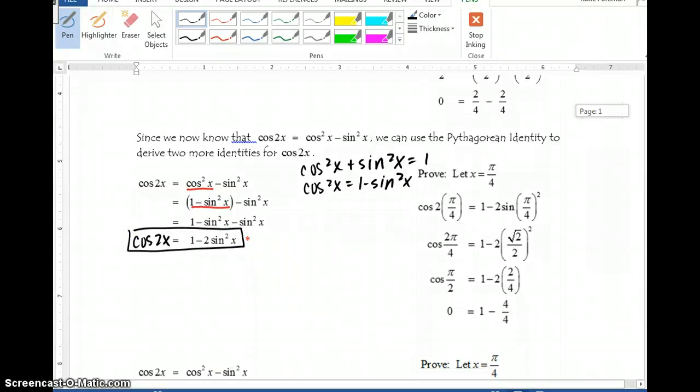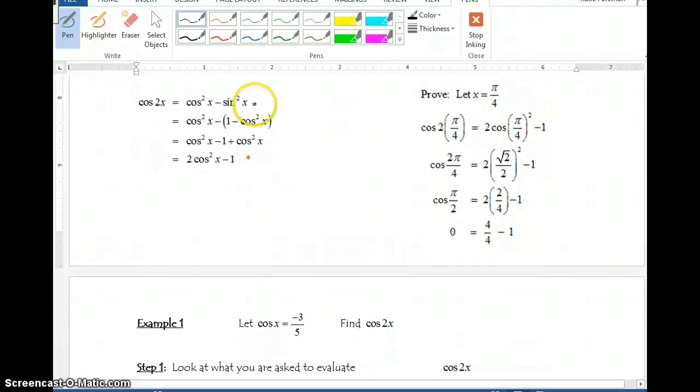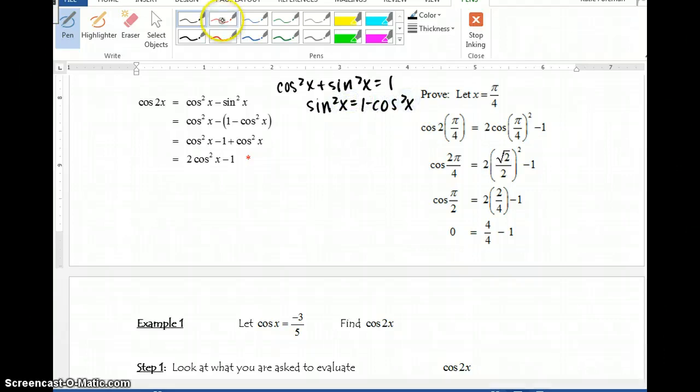And then lastly, going back to the original identity, cosine squared x minus sine squared x, and manipulating the Pythagorean identity for sine squared. We're going to solve this by subtracting cosine squared x from both sides. In the first identity we derived, we're going to replace sine squared with its equivalent, 1 minus cosine squared. Now because of the order of the identity, we have to distribute the negative. So cosine squared x minus 1 plus cosine squared. Combining the like terms of cosine squared, we get our third